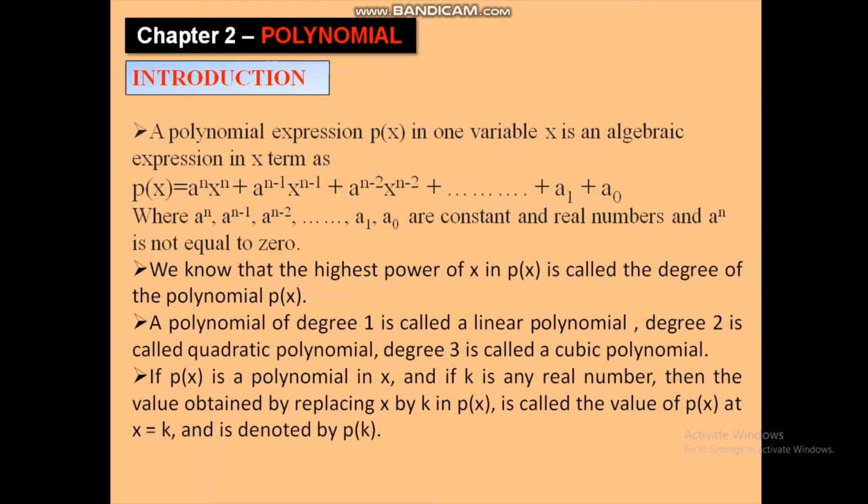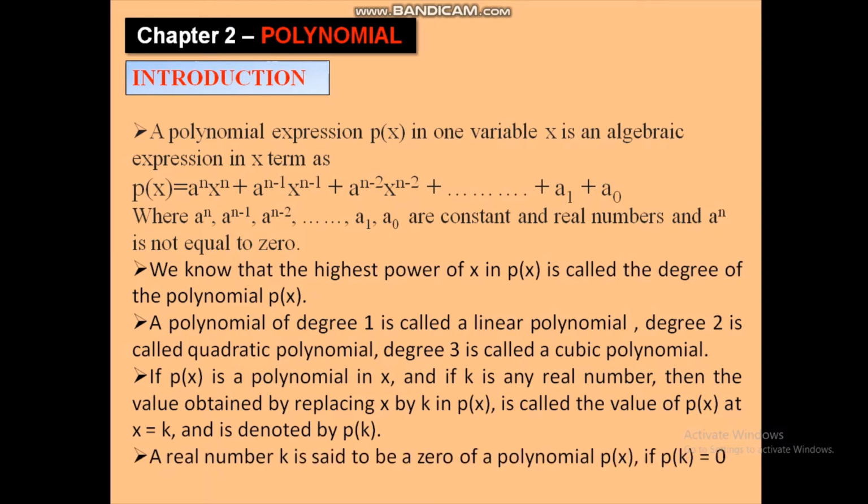This statement means if we replace x in polynomial p(x) by any real number k, whatever value we get is called the value of polynomial p(x) at x = k,